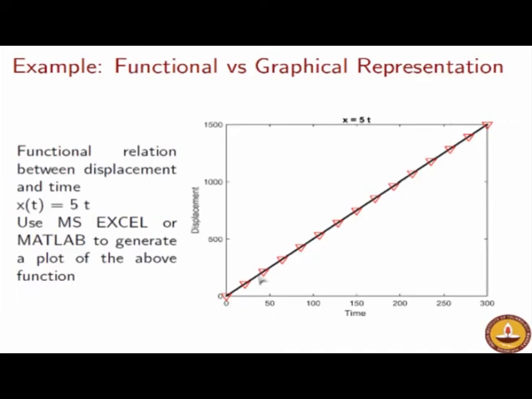So this graph essentially, even to a layman, should communicate the idea of what the position of the object is at different times, right. So this is very interesting, that whatever you wanted to describe in words, whatever you wanted to describe through a train timetable, can be read off either from this graph or through this functional relationship. And at this stage of your learning career, I think you should use both the formula as well as the graphical representation of it.